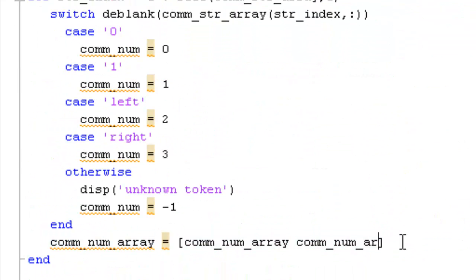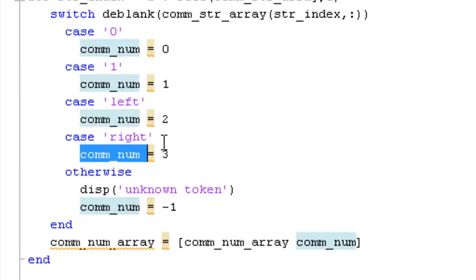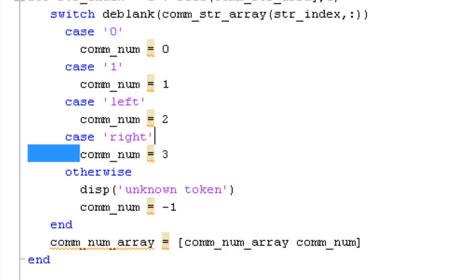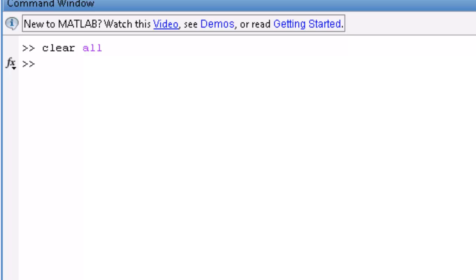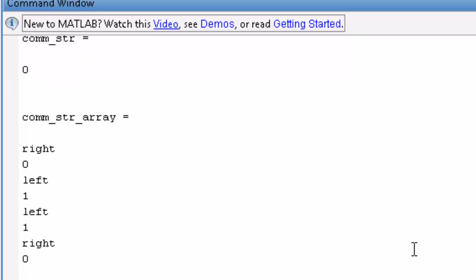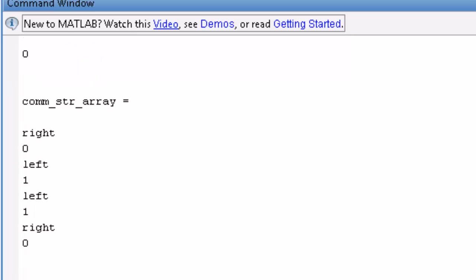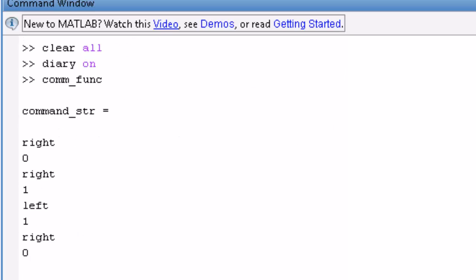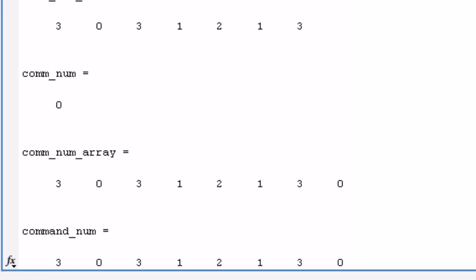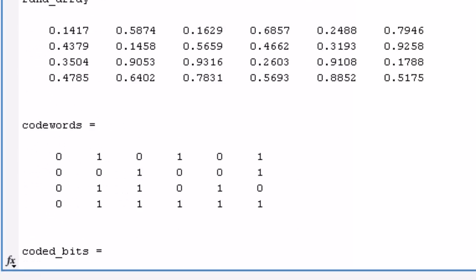Here I see that I forgot, I don't have it. I want to keep appending on the temporary variable com_num. So after debugging and saving the file, I can type diary on, the com func, and diary off. And glancing through this output, I see that my command string gets changed into this command num, and it looks right,